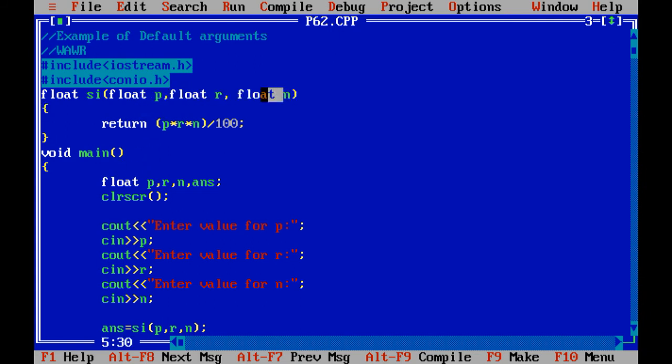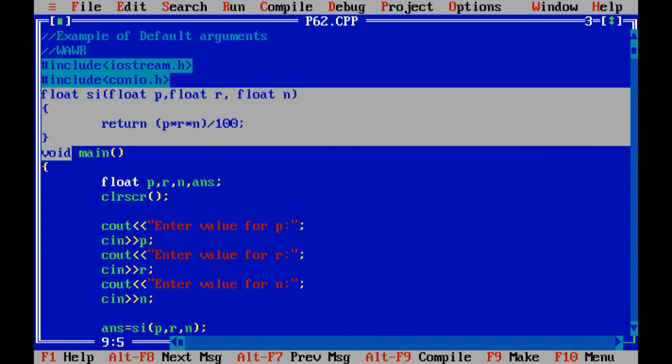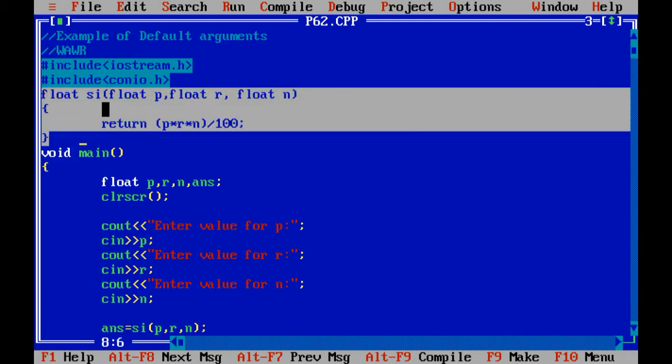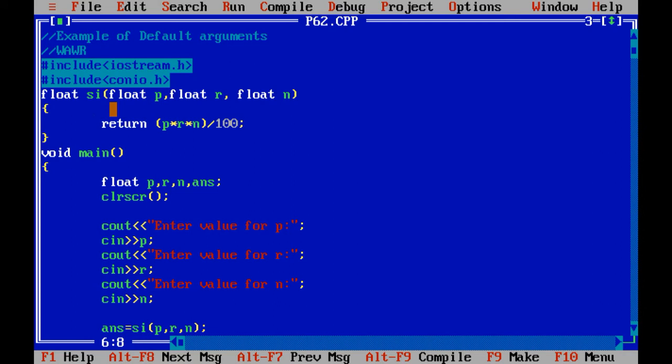When you declare these three variables as integers, at that time you need to take P, R and N as integers over here, but right now I have taken all the variables as float variables. One more thing, you can apply changes over here, that one variable you need to take for the calculating part,